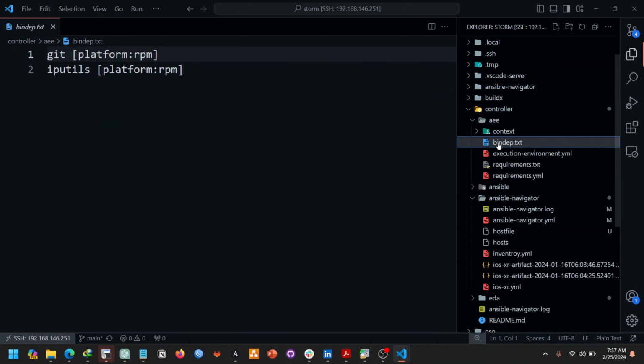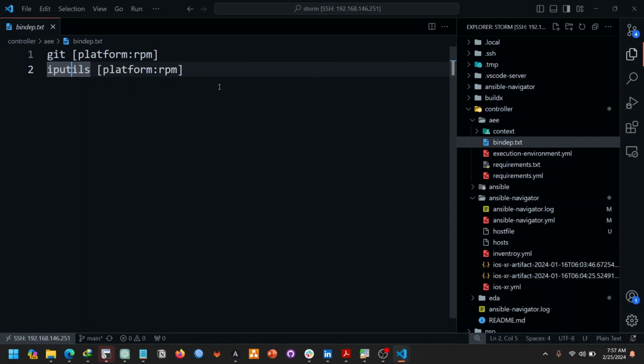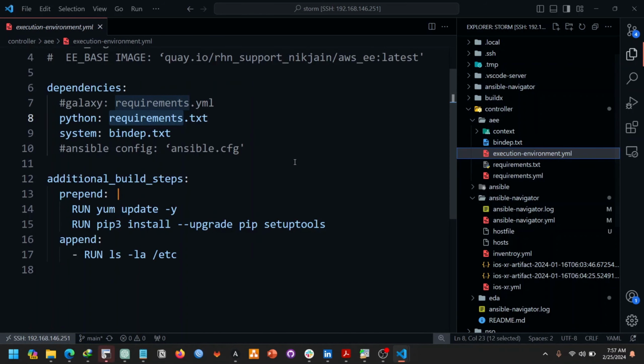And then we look at the bindep.txt. This is basically going to install Git and iputils. These are the system packages that we need to install. So that'll be all. And in my next video, I'm going to show you how to